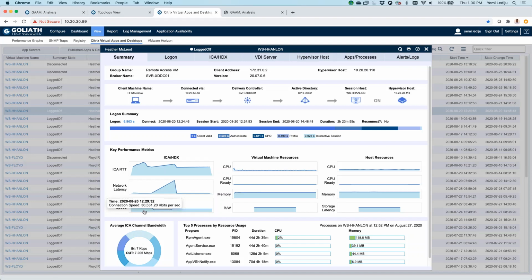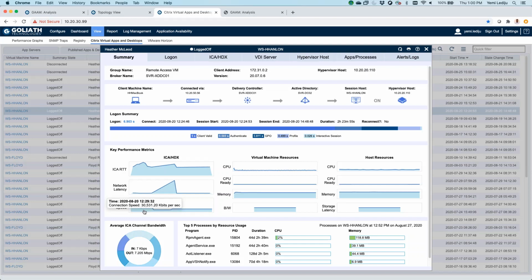So Stacy mentioned this earlier with Penn National. What they found was that when users logged in or connected in from their home offices, they were seeing really poor connection speeds, really poor Wi-Fi bandwidth at their locations. And they were able to quickly make those correlations and say, well, it looks like poor network connectivity at your home